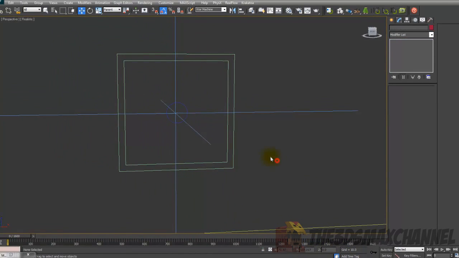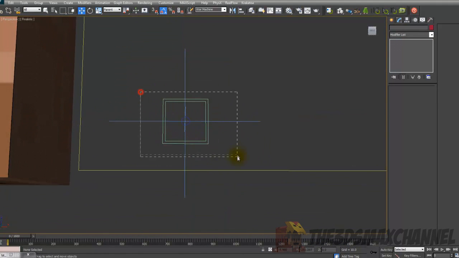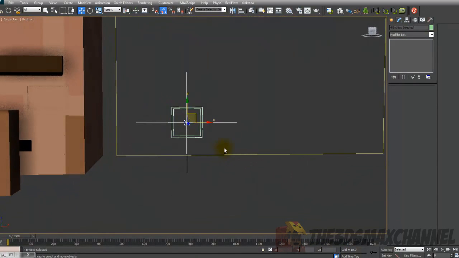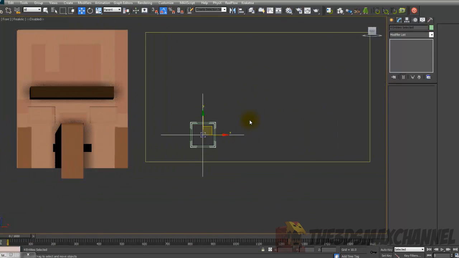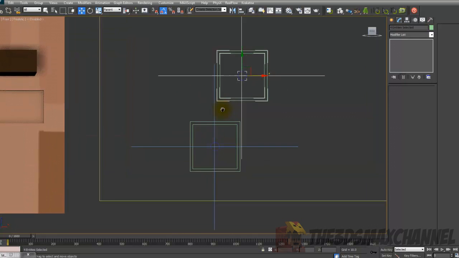Change from 0. And after you've done that, and you're 100% sure that's correct, you're going to want to go back into the front view, and we're going to use 2 of them for the eyes and 1 of them for the eyebrow. So just holding down Shift with everything selected, with the square selected, just move it up, just copy it, and just move it across. Use the cross as a